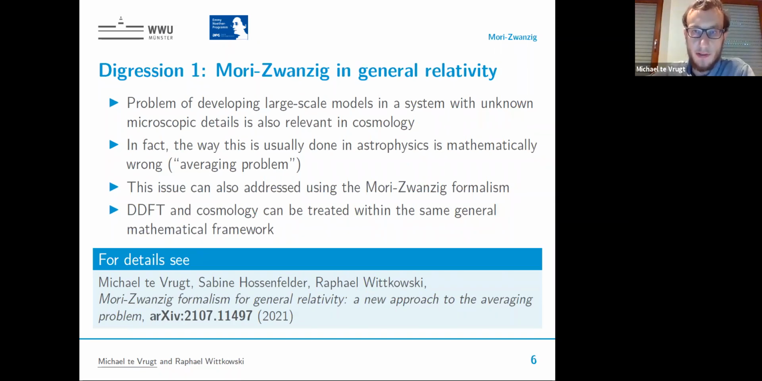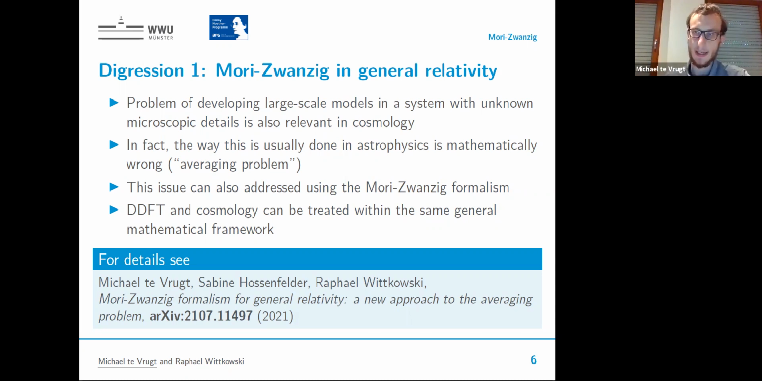Also, as a bit of a digression, the problem of coarse graining is, of course, not only relevant in soft matter physics, where we're all coming from, but it's also relevant in general relativity or astrophysics. So if you're doing cosmology, you're also looking for a large-scale description of the universe. You're not interested in where every single galaxy is. You just want to have sort of an